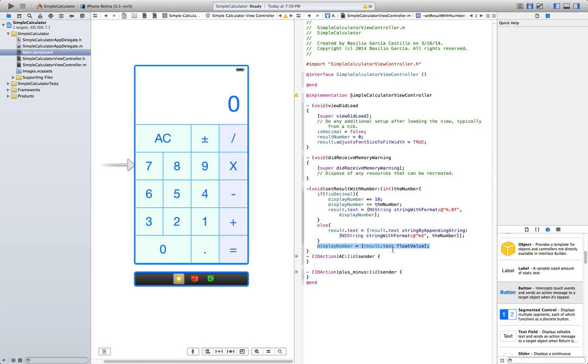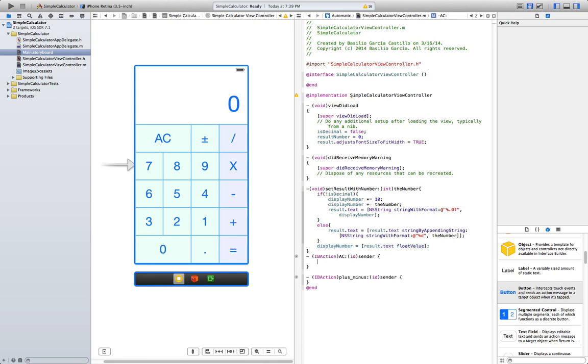So what we do here is we get the text in this label and convert it to a number and store it into the variable display number. What this is doing is basically just appending our number with whatever we decide to add.